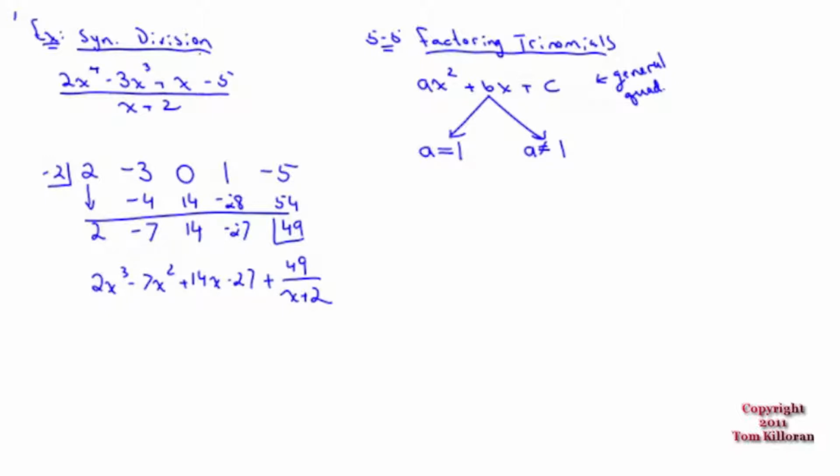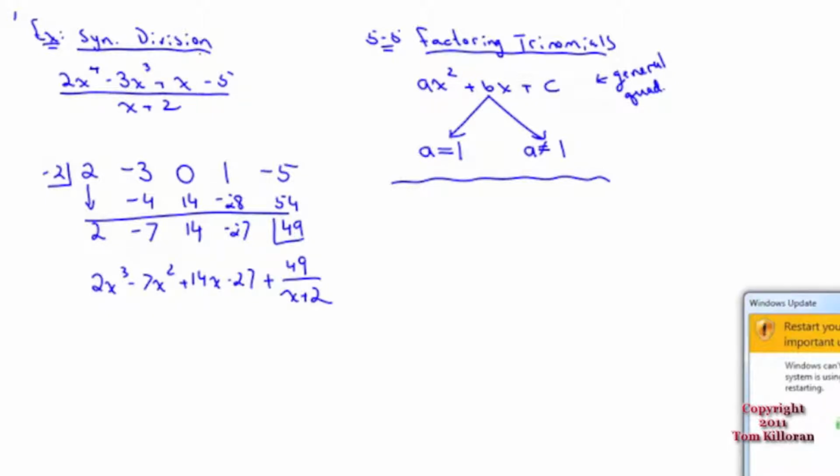Today we're going to deal with the case a equal to 1, and maybe at the end of the class we'll deal with one that is not equal to 1. And I'll show you how they're done similarly, but there is a shortcut to the first one. So where does this factoring come from? Well, to get something that looks like ax squared plus bx plus c, where a is equal to 1, you're going to multiply together 2 binomials,